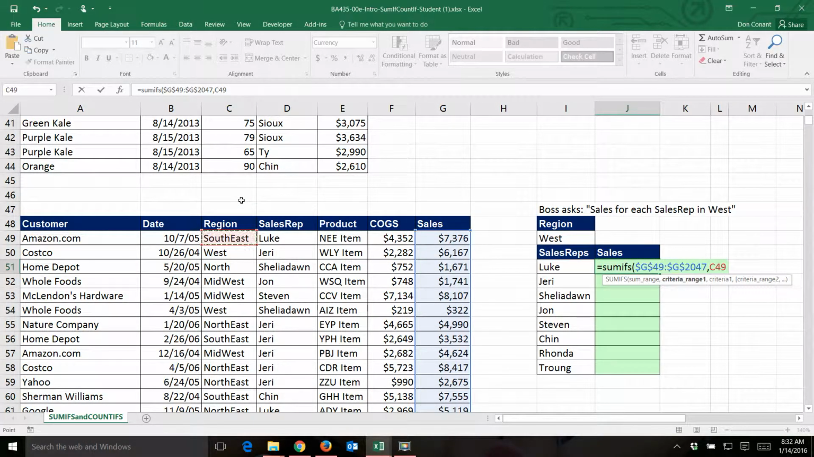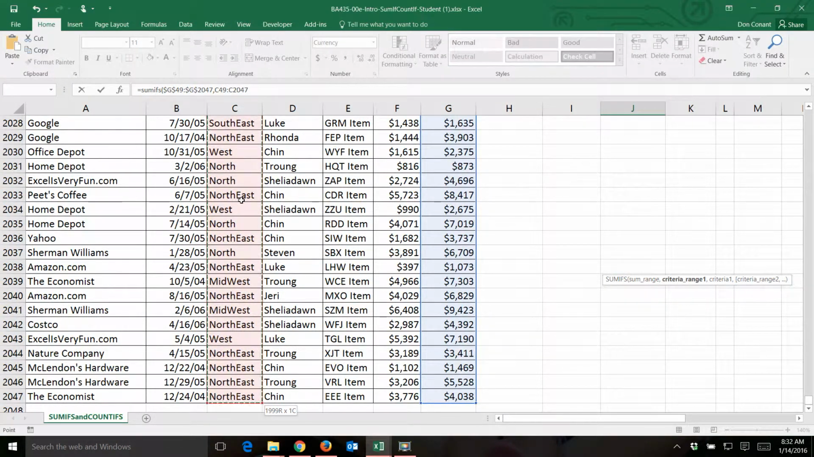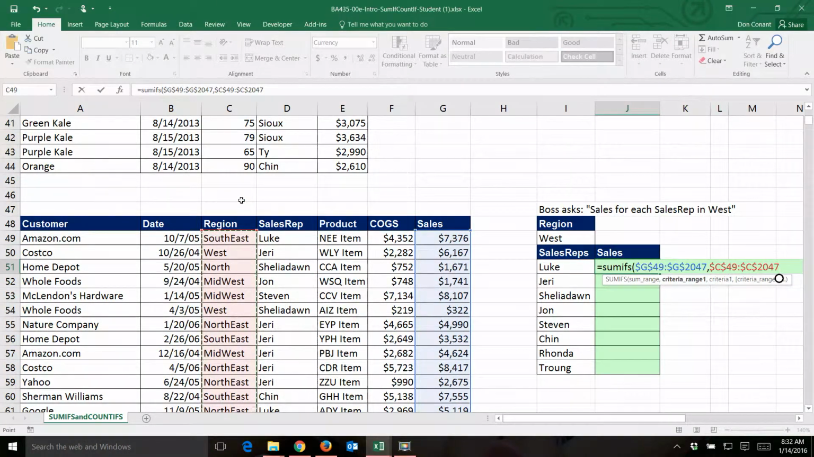Press down and hold down my shift key. Look over, press and release the end key. Then press and release the down arrow, then release the Shift key, then press and release the F4. That'll make it absolute, comma, and then West right here. I'll select that, and we want that to be absolute as well. So I press the F4 key,